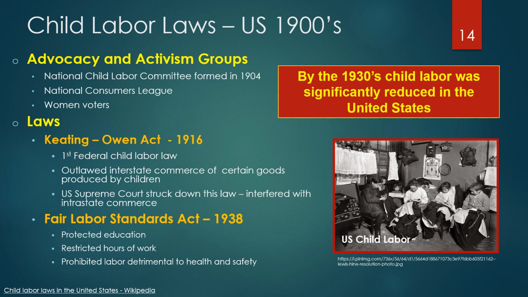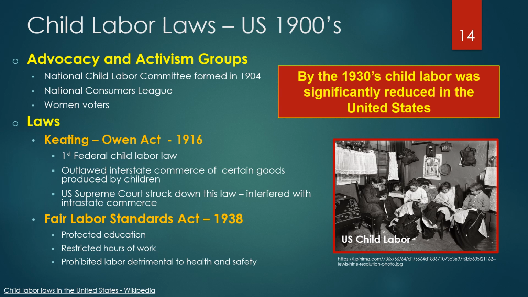Child labor laws in the United States lagged behind those in Britain. The National Child Labor Committee was formed in 1904 as an organization dedicated to the abolition of all child labor in the United States. By publishing information on the lives and working conditions of young workers, it helped to mobilize popular support for state-level child labor laws. These laws were often paired with compulsory education laws designed to keep children in school and out of the paid labor market until a specified age, usually 12 to 16 years old.